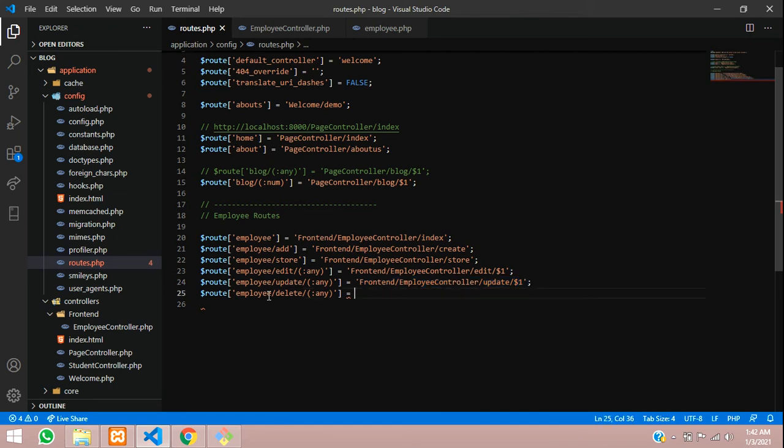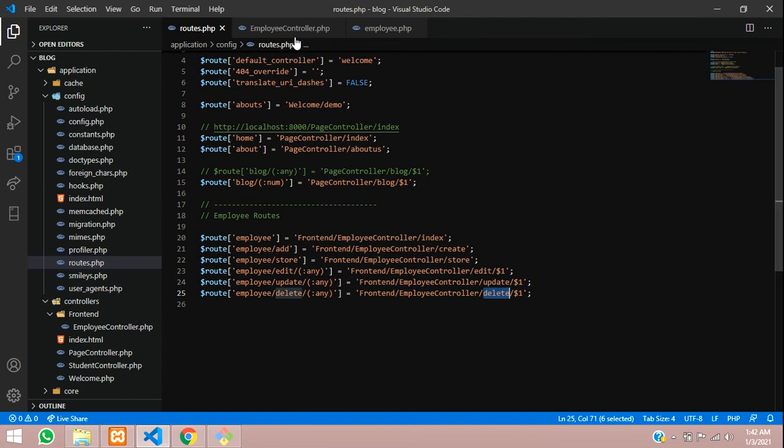This is my controller name, so I'm going to use that: inside the front end folder, the employee controller. Then the delete function with the ID. I'm using the ID, right? Anything we pass, we have to pass it over here as $1. Done. So let's go to the employee controller at the delete function.